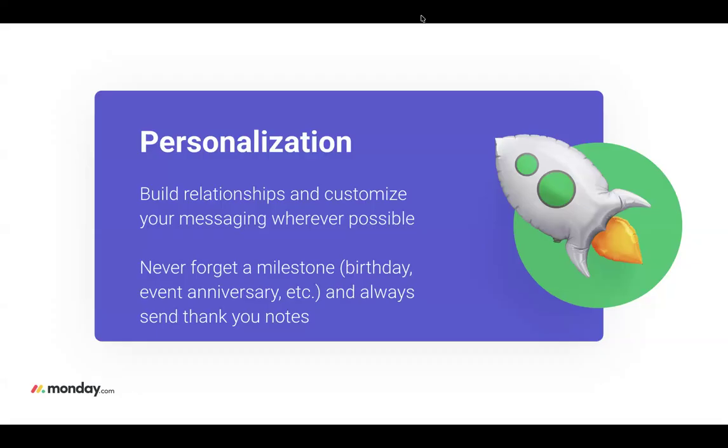I know that can be easy to forget or deprioritize if you've got a lot of stuff coming in and you're trying to do it manually. But if you've got an automated system, it can just be fired out every time an automation is triggered by a donation. They can get that thank you note automatically. So why not?